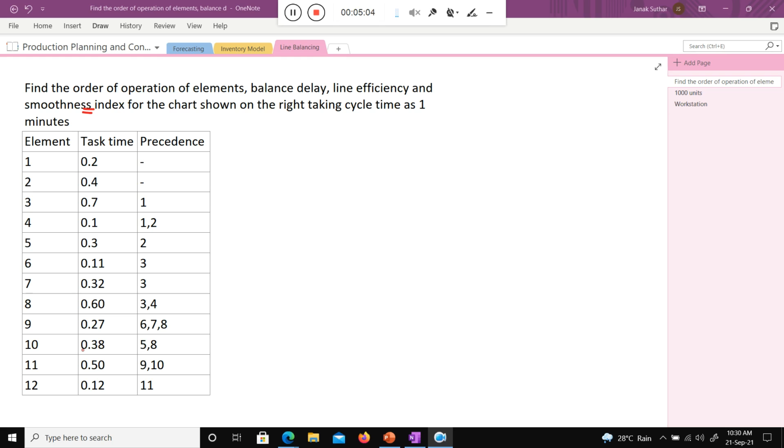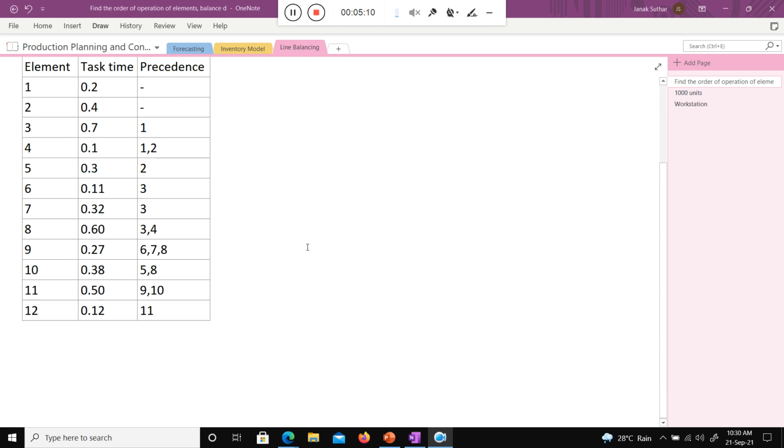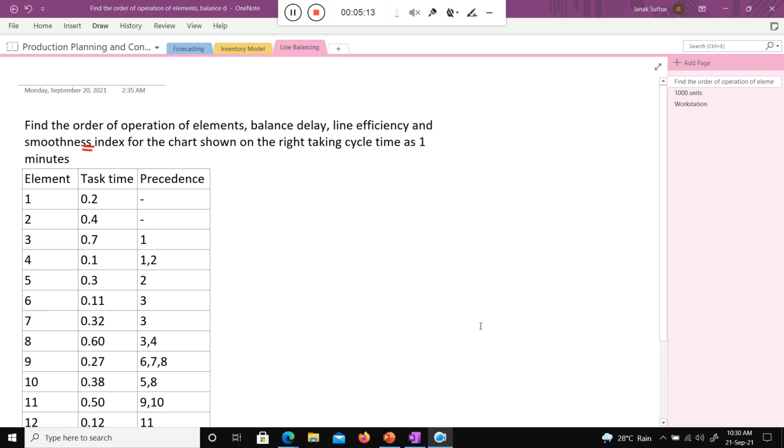Now I come to the main point: how to solve this particular problem and how to do the line balancing for this problem. I start with the largest candidate rule.